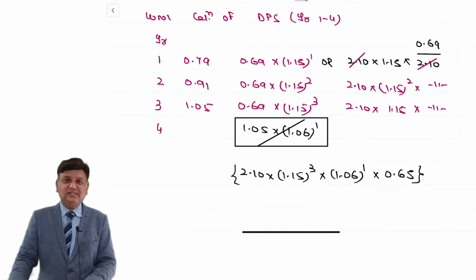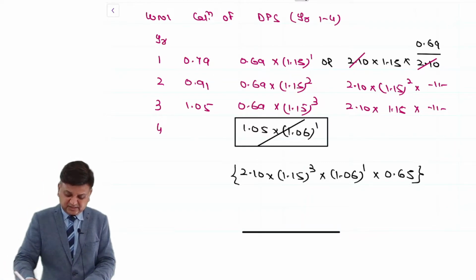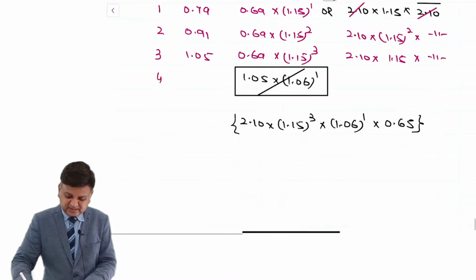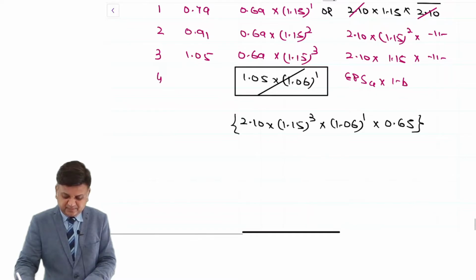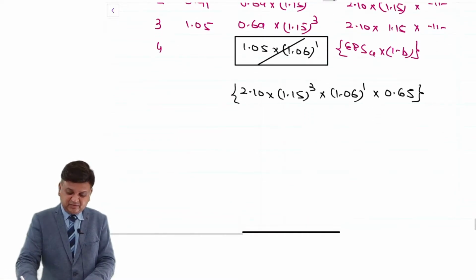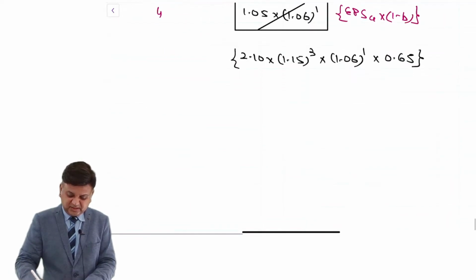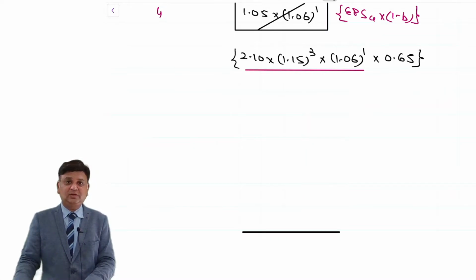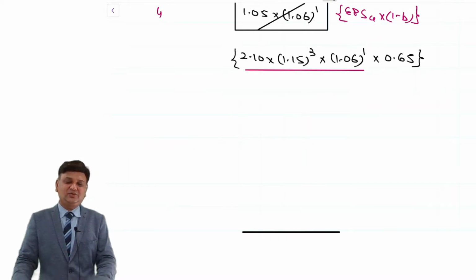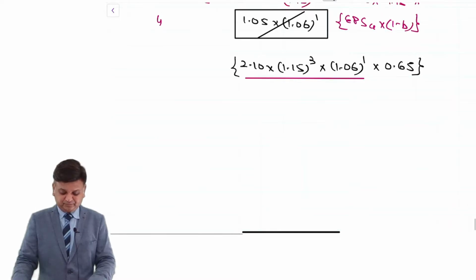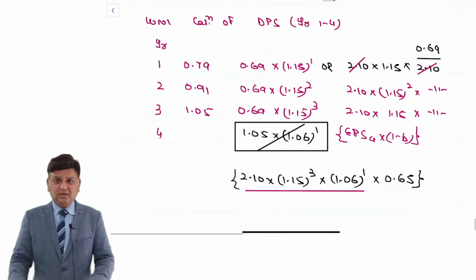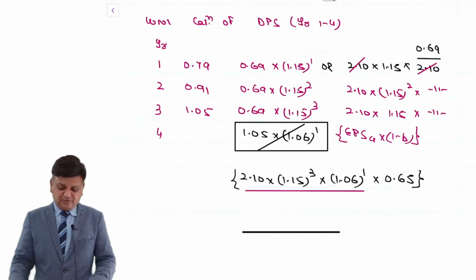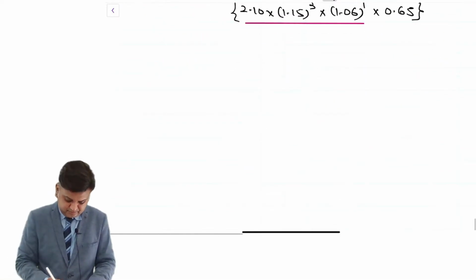I just repeat that, so the fourth year dividend is calculated like this. In terms of the formula, it is earning per share of the fourth year into dividend payout ratio. What is the earning per share of the fourth year? It is year 0 to year 4. This is the earning per share of the fourth year into dividend payout ratio. This is what we have done. Once we compute the D4, then working note number 2,